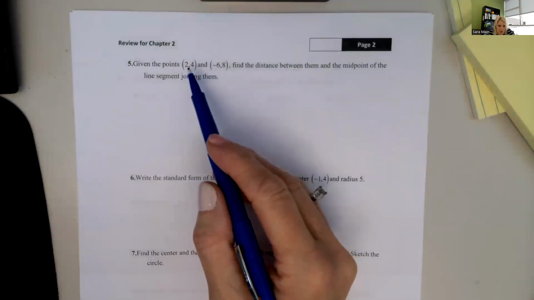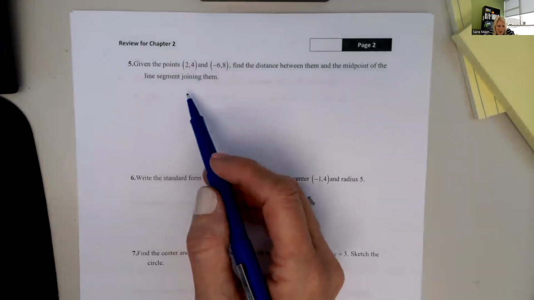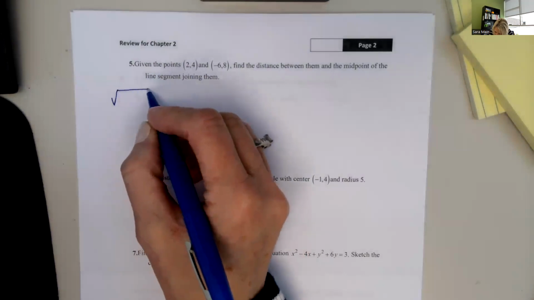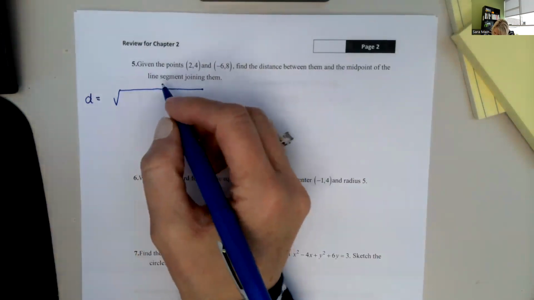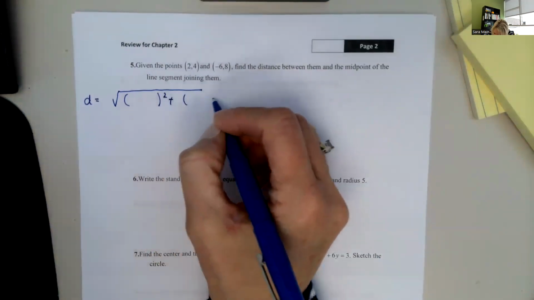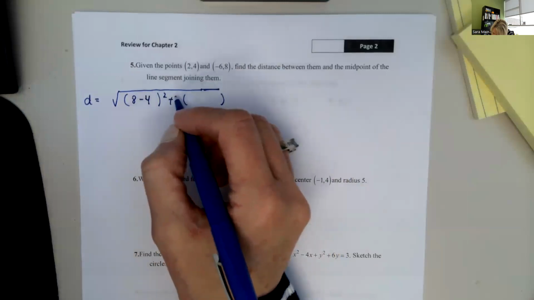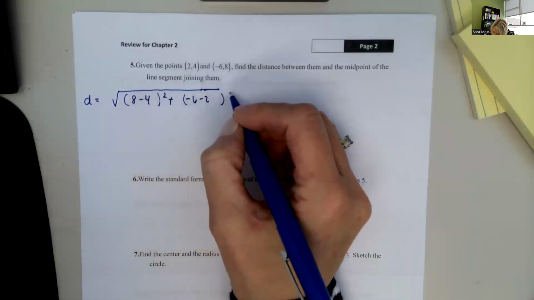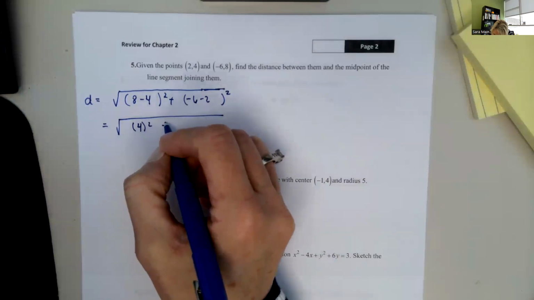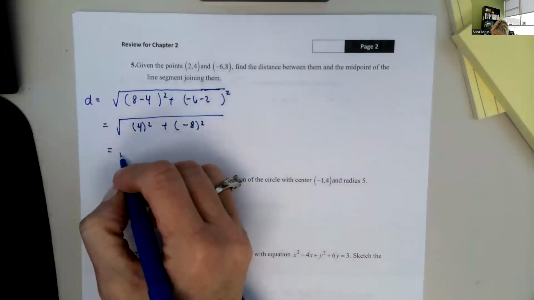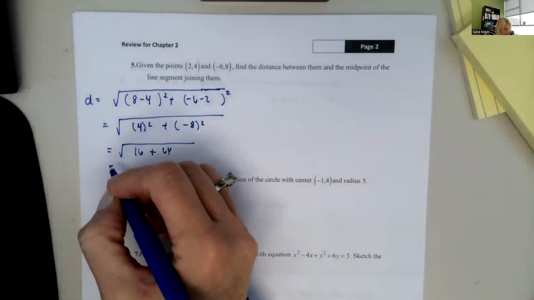It says for the given points 2, 4, and negative 6, 8, find the distance between them and the midpoint of the line segment joining them. So the distance between them is going to be the difference in the x's squared plus the difference in the y's squared. So 8 minus 4 squared, that's the difference in the y's, and negative 6 minus 2 squared is the difference in the x's. So this will be 4 squared plus negative 8 squared, which is the square root of 16 plus 64,